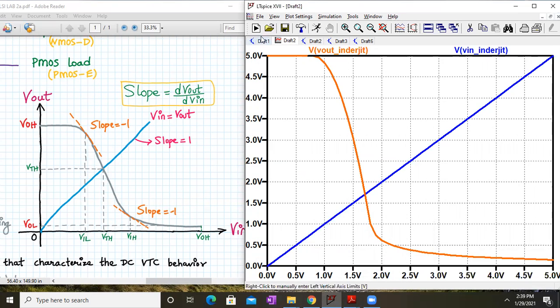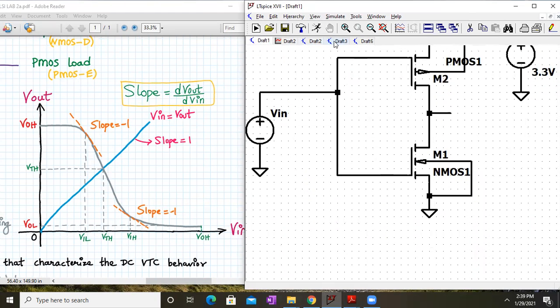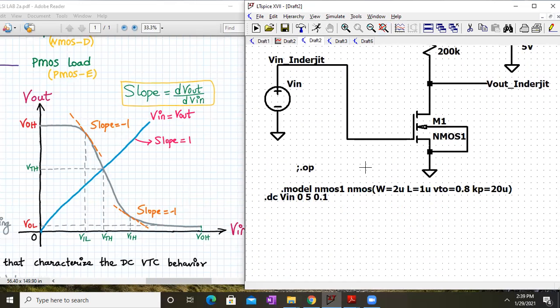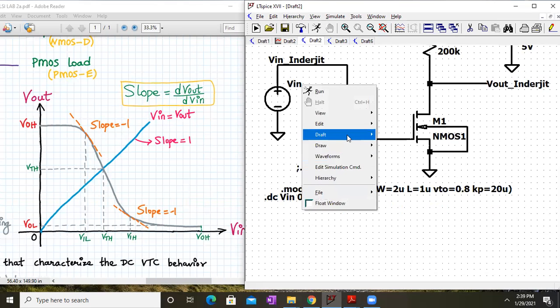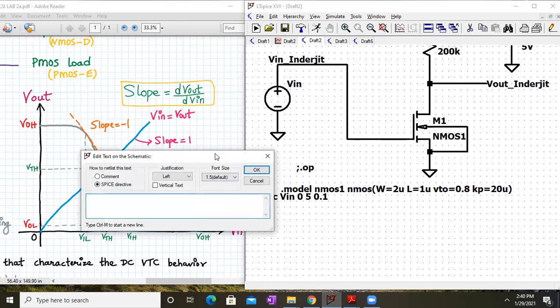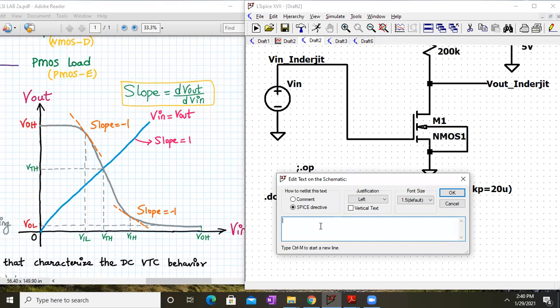Yes, there is. So let's go back to the circuit and let's start calculating that. Okay. Oh, the circuit is circuit number 2. Okay, I'll do this in detail for resistive load and CMOS inverter, whereas for enhancement and depletion, you can carry out the calculations. So what we can do is we can go to Spice Directive and we can start writing such statements, right? So what is the first one? First one is .measure